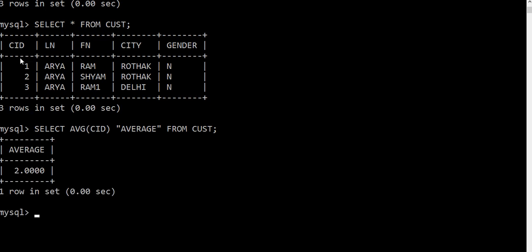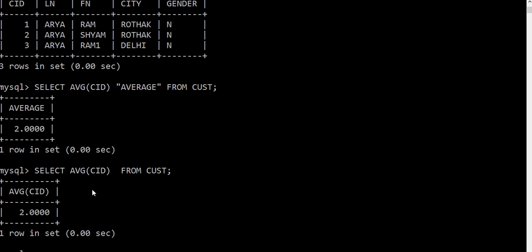How is average calculated on a general basis: 1 plus 2 plus 3 divided by 3. So this is 6 divided by 3, which is 2. So the average is 2.0. I was saying, see, the table that has been created temporarily here has average as its heading. If I do not write this average here, then whatever has been written will come. Okay, now you can differentiate.